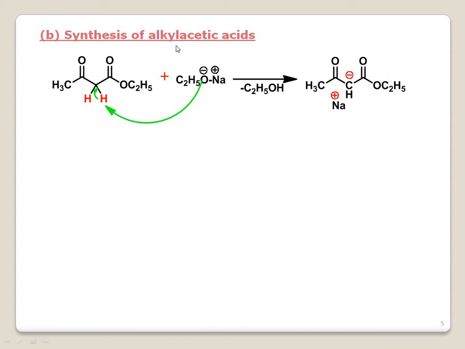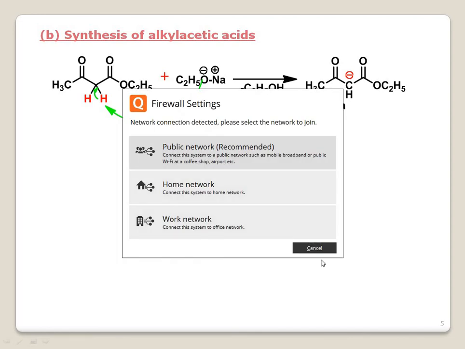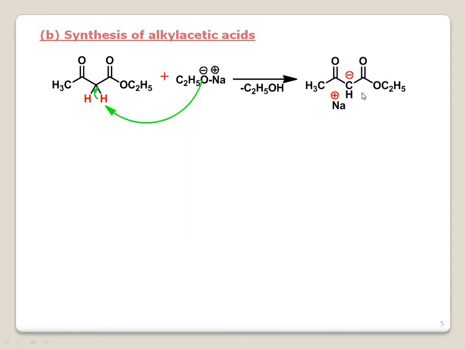Now next is the synthesis of alkyl acetic acid. So in acetic acid, you will be having an alkyl group over here. As I said earlier, this position you will always be getting acetic acid by cleavage over here. Now if you could replace this hydrogen by an alkyl group, you can generate alkyl acetic acid from these two carbons. So now we are playing on this carbon. First and foremost you have to generate the sodium salt of acetoacetic ester.